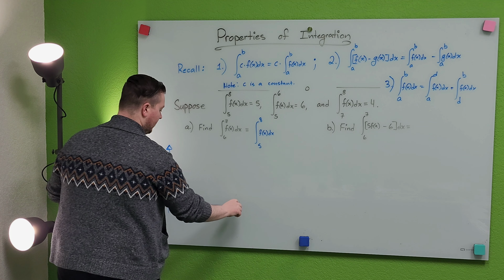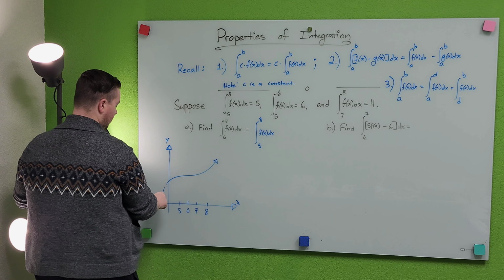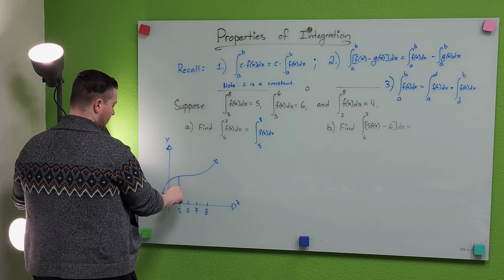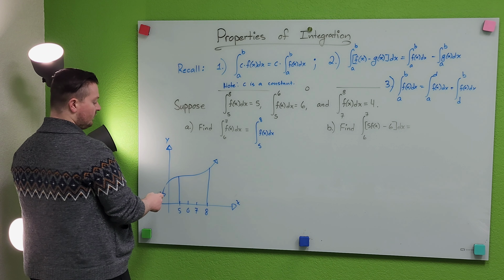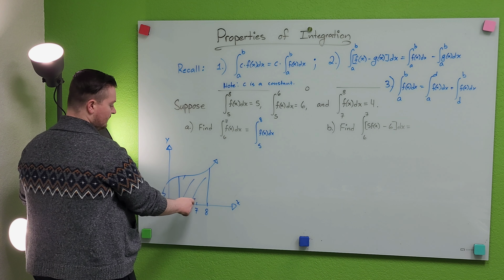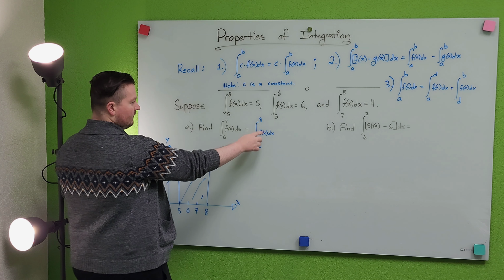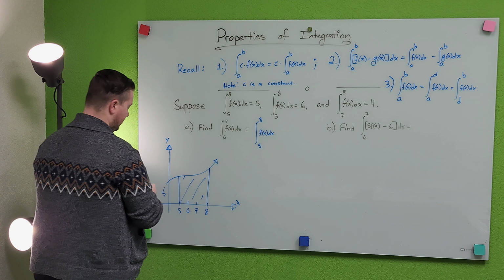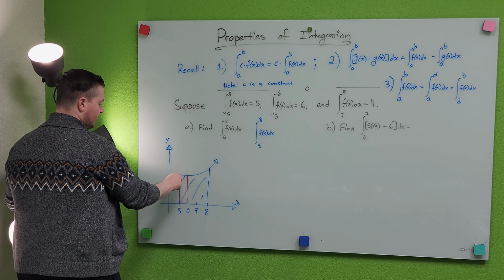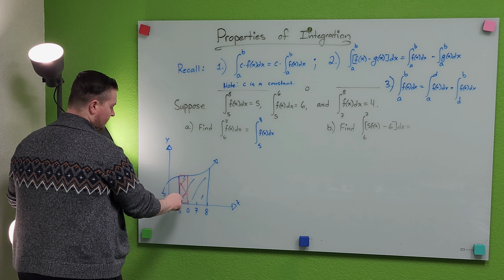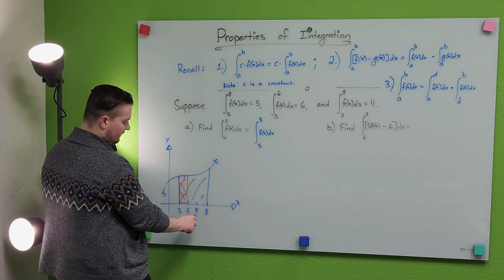So we don't know what f of x is actually doing, but we can say, if we take a similar picture as what I had before, similar graph, between 5 and 8, which is what this integral represents as this entire area, we could take this integral, which represents the area between x equals 5 and x equals 6, and we can cut that off where we don't need that, because we really only care about right here